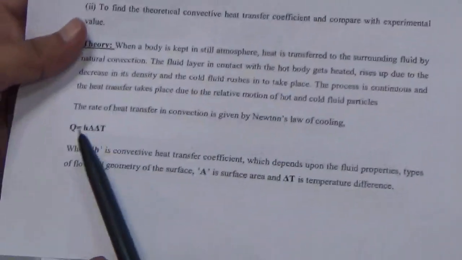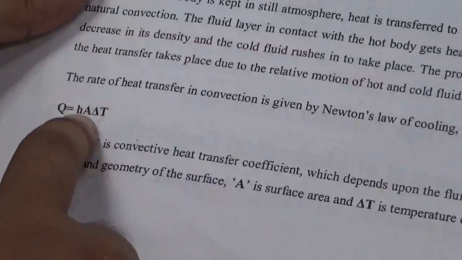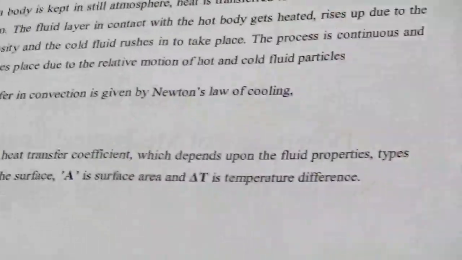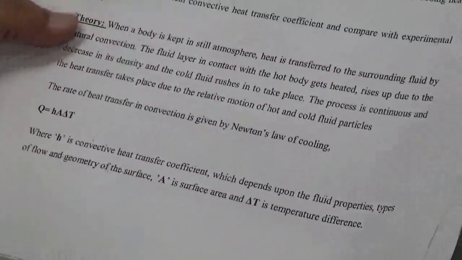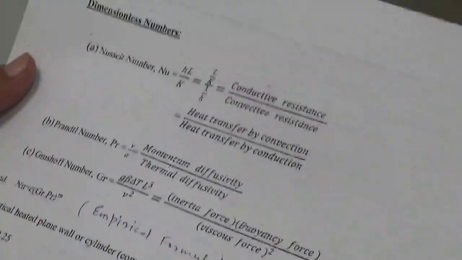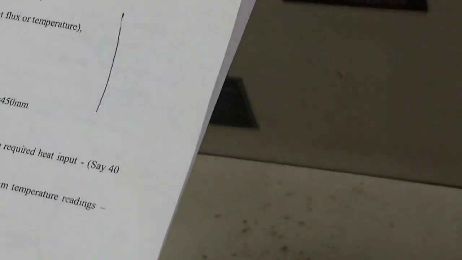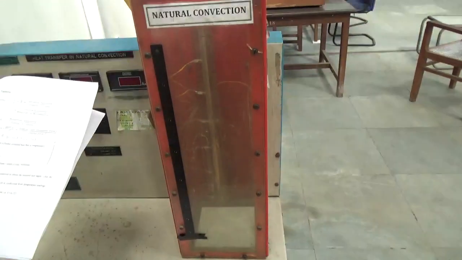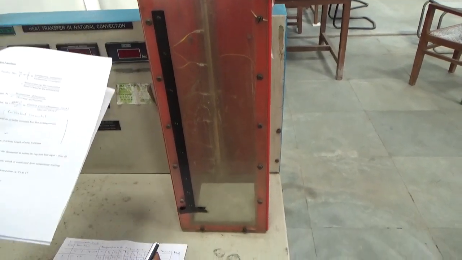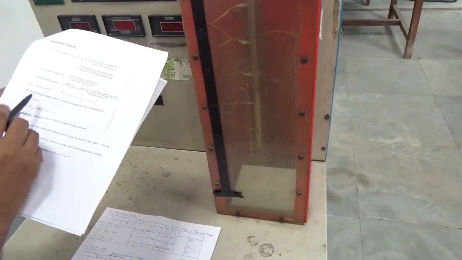So in the case of natural convection, the heat transfer rate is given by hAΔT, where h is the heat transfer coefficient, A is the surface area of the heat transfer surface, and ΔT is the temperature difference between the surface and the ambient. For this particular case, the vertical cylinder, people have earlier done the work, and they found a relation of